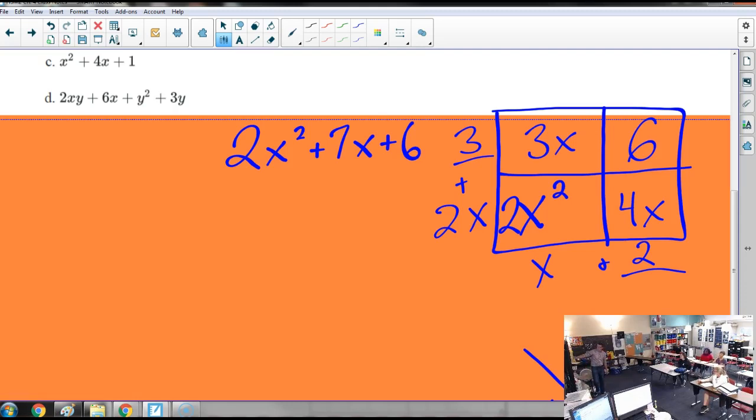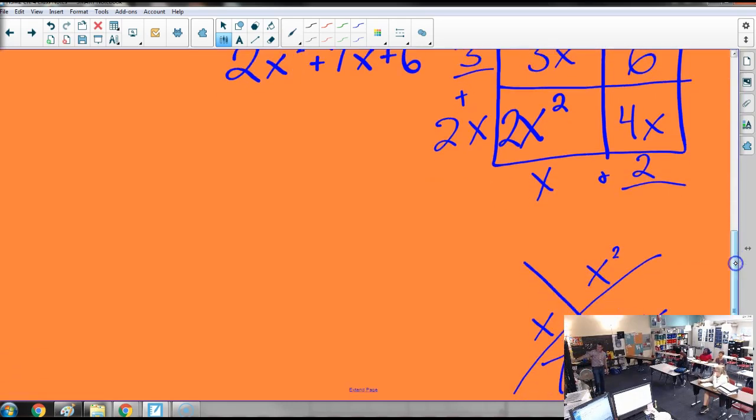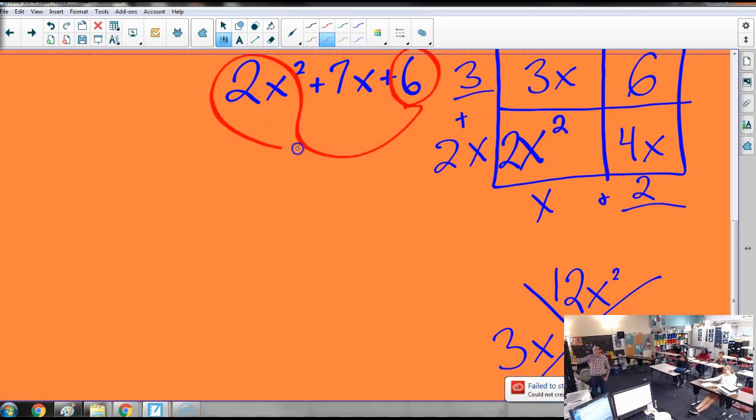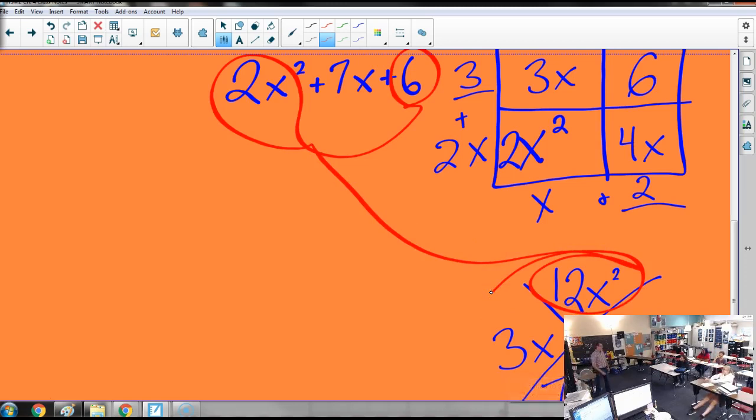So we now know 3x and 4x. That would make 12x squared. But how does that relate back to the trinomial? You do 6 times 2. You cross multiply with the area model. Wait, you do 2x times 6, doesn't that equal